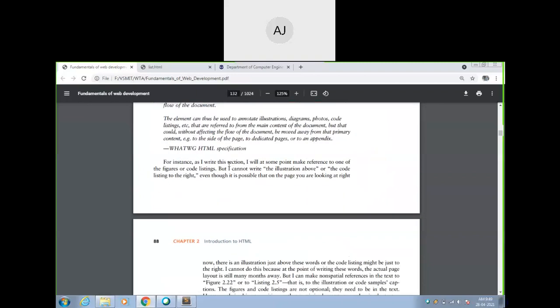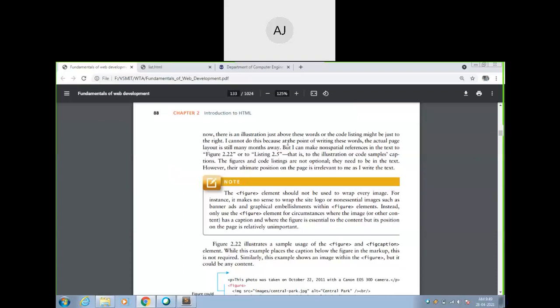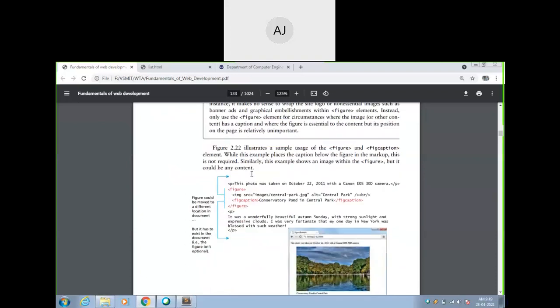Probably this will not work with our browsers, but still these are some extra tags we have. See here, figure, img. Even though they are using the img tag, figure is one of the tags, and you just call this figure tag by using selectors, then this particular image will be set wherever you want. What is that? img central park dot jpg, alternate central park.